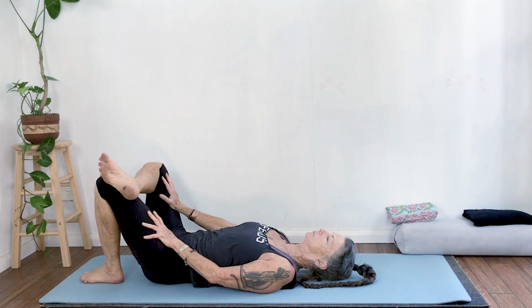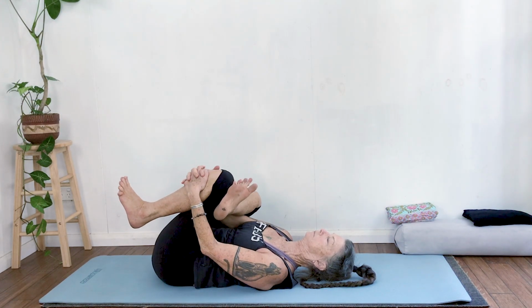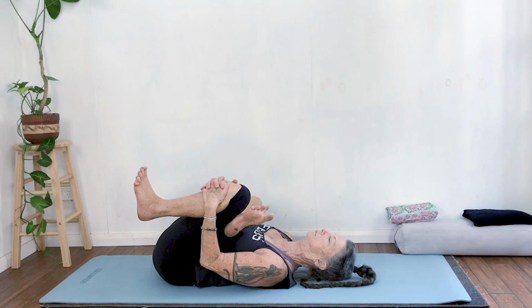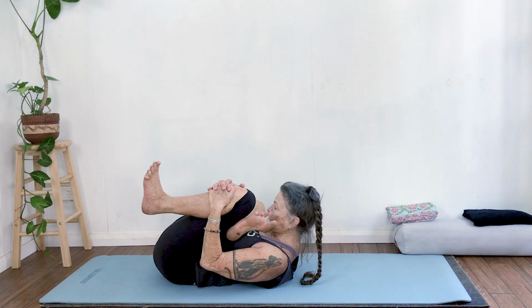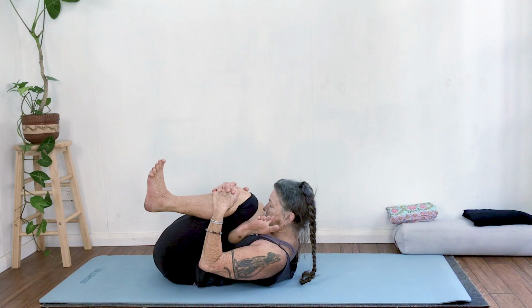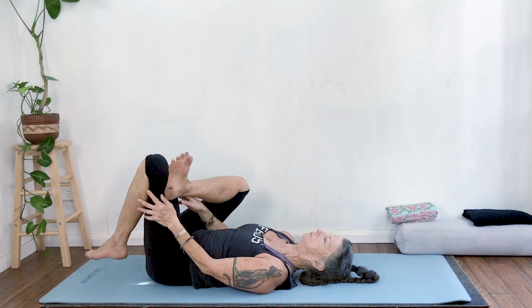Now we're going to relax down into fire log with the right foot over the left thigh. Bring it on down, thread the needle, and reclined pigeon. Again, it doesn't matter how close the right leg lays against the chest. You might be right out way in front of you, just reaching with straight arms. The idea is to go to your edge. Curl up into your edge, nose to knee again with a deep breath, opening the hips, activating the pelvis, increasing